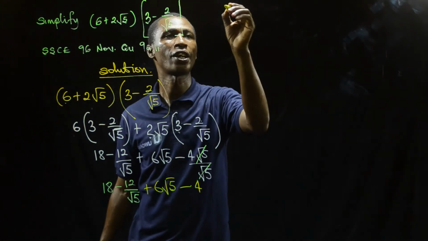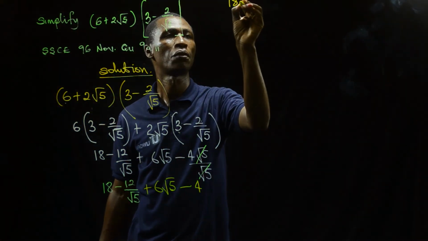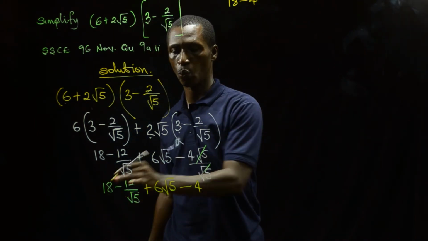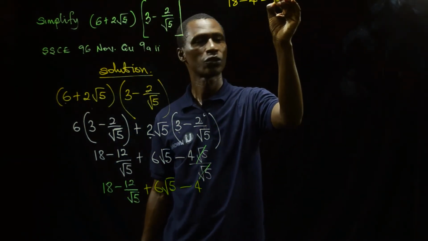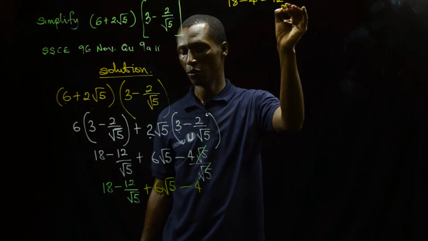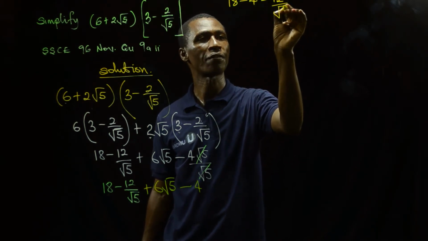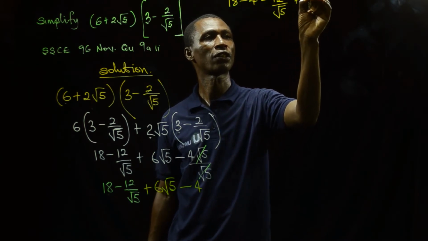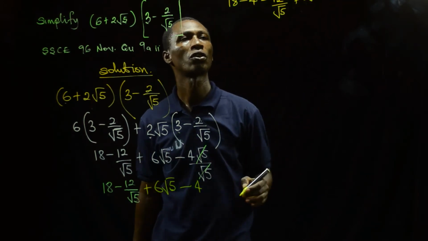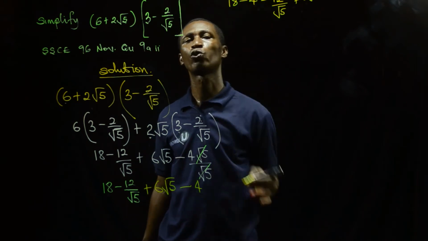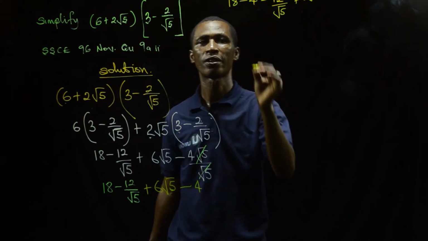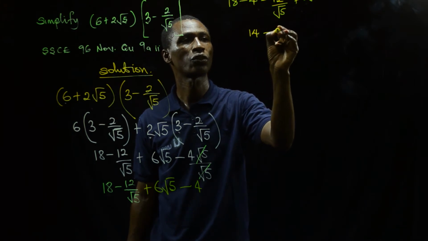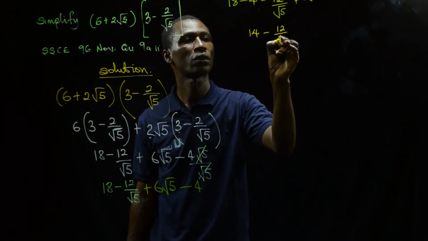So I will have 18 minus 4, that has been brought this way, minus 12 over root 5 plus 6 root 5. Good. 4 from 18 will give me 14. So I've gotten 14 here minus 12 over root 5